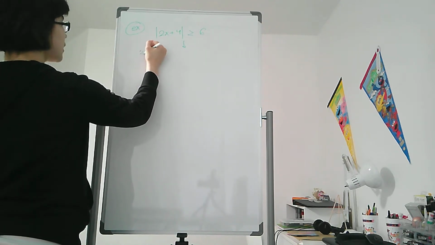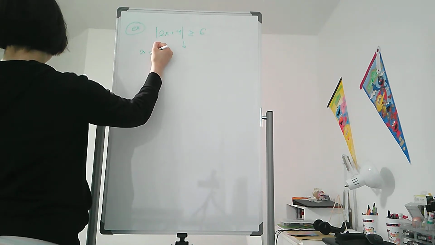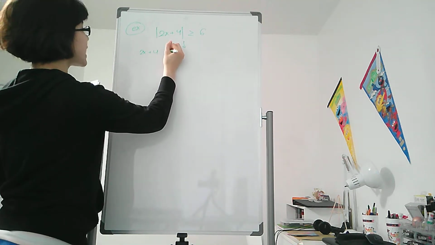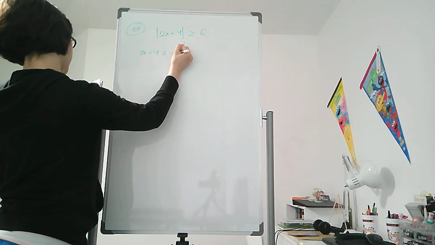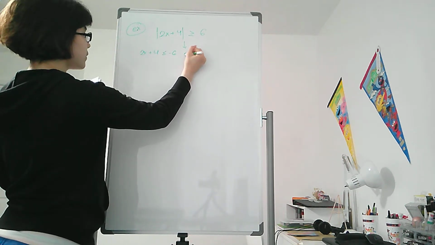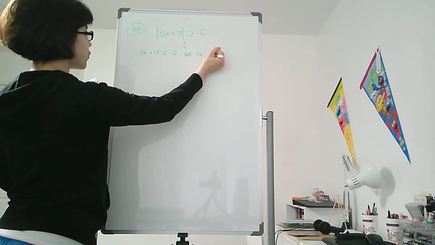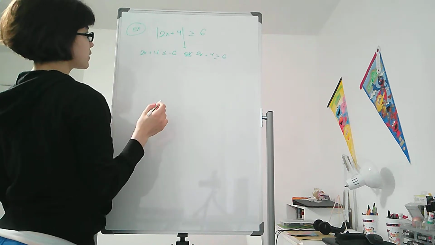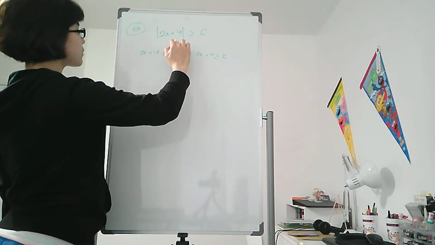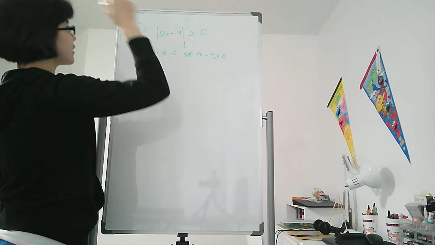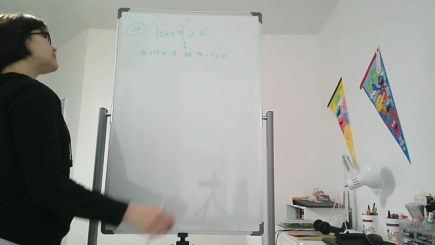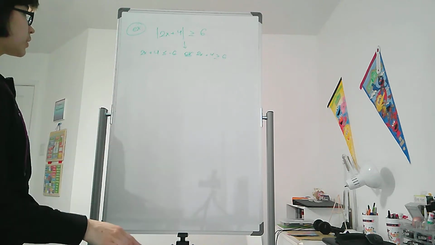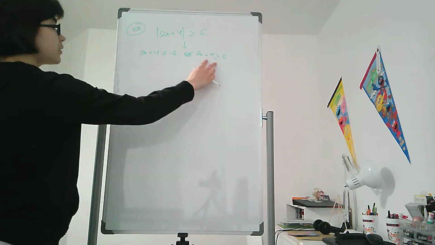equations. 2x plus 4 is, now watch closely, 2x plus 4 is less than or equal to negative 6, or 2x plus 4 is greater than or equal to positive 6. Now why? Look closely. We have the absolute value, and remember, this just simply means the distance of 2x plus 4 has to be equal to 6 or more than 6. So hence we get these two